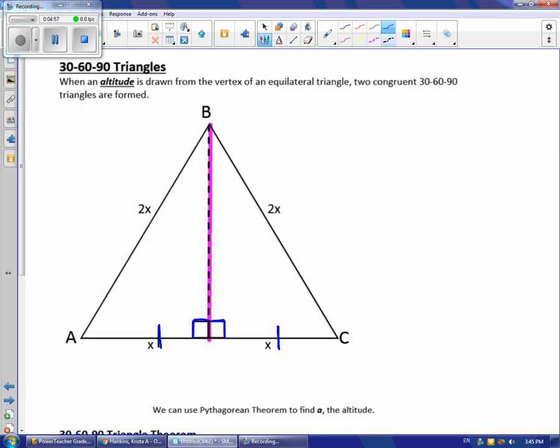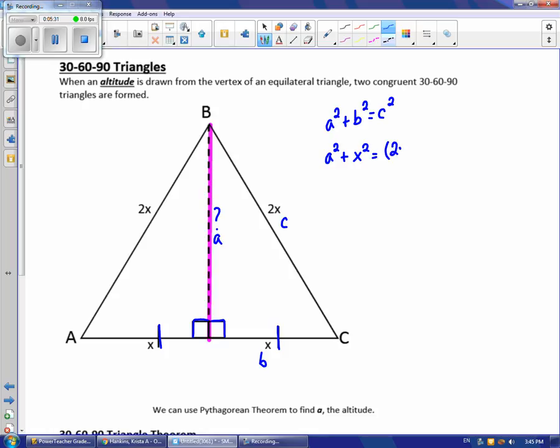Okay, if I use the Pythagorean theorem to figure out what the altitude is, let's call the altitude a. We'll call x b, and then your hypotenuse is c. So we're going to do a squared plus b squared equals c squared. So a for altitude, b squared is x squared,